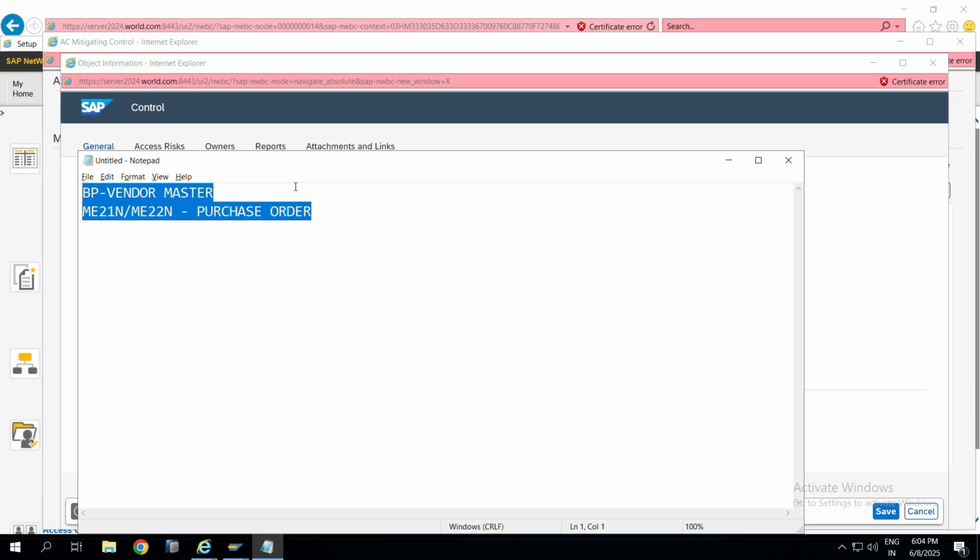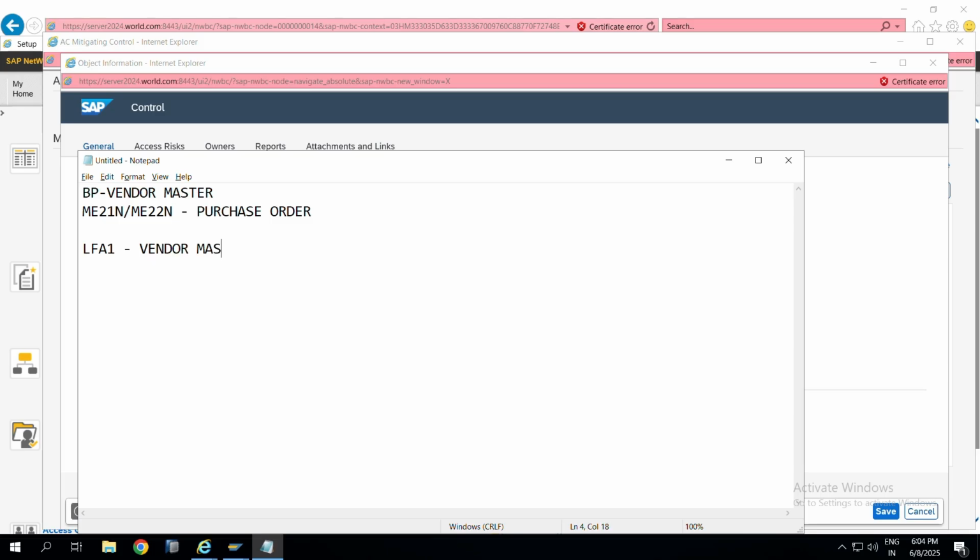So because of that, what we can do is there are two tables for this. Which is that table for a vendor master, LFA1, and this is the table which gives vendor master data, and the other table is EKKO. We also have CDPOS and CDHDR, which give our change documents. But in EKKO, we get purchase order details. So when you compare these two tables,